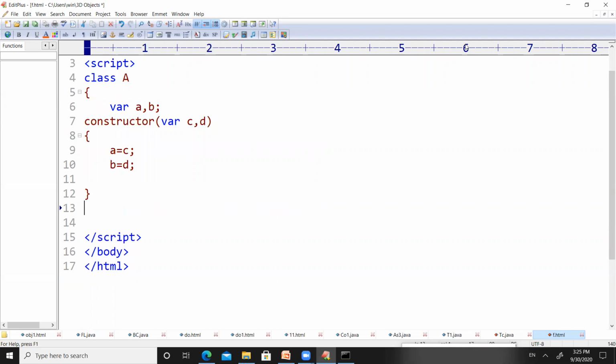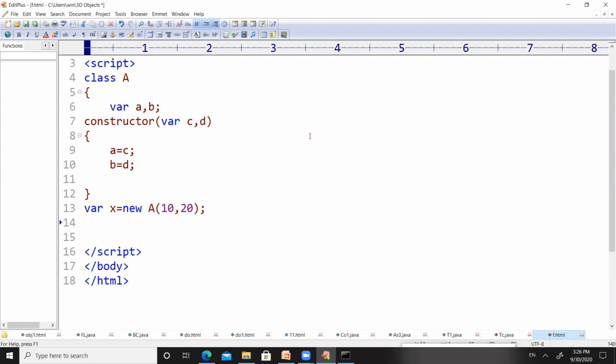After that, if we want to execute the constructor, let us define one more variable. Let us define a variable called x, which is equal to new a, and we can pass any two values here, so that 10 will be assigned to a and 20 will be assigned to b.